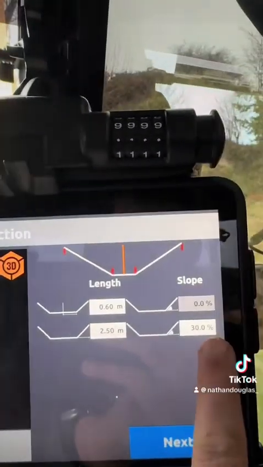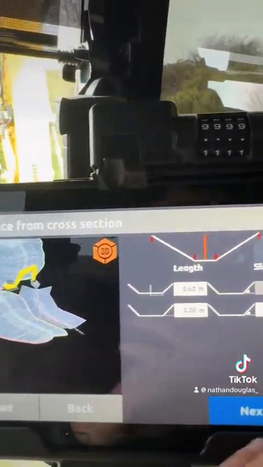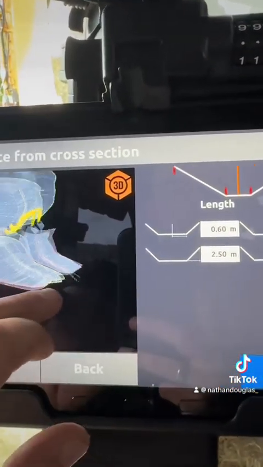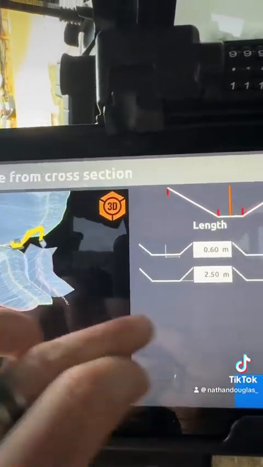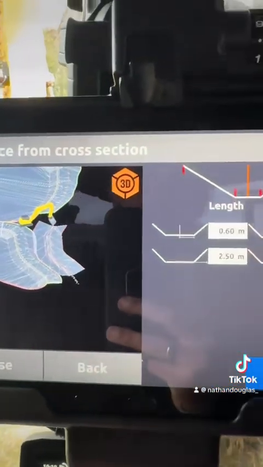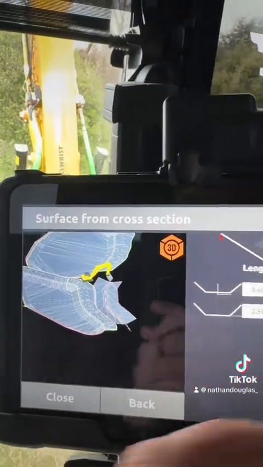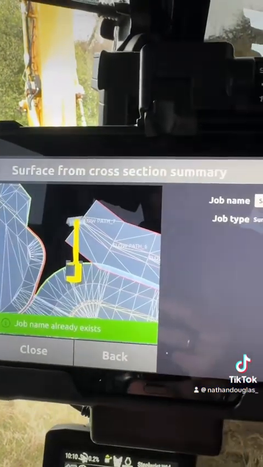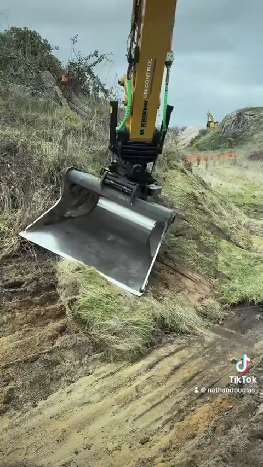So I've ended up with a 30% percentage on the batters, 2.5 meters long, and 0.6 because I'm going to dig that with my rock bucket, and I know that from the center to the edge my rock bucket's 1200 in total, so if I make it half that, which is 600. And next,